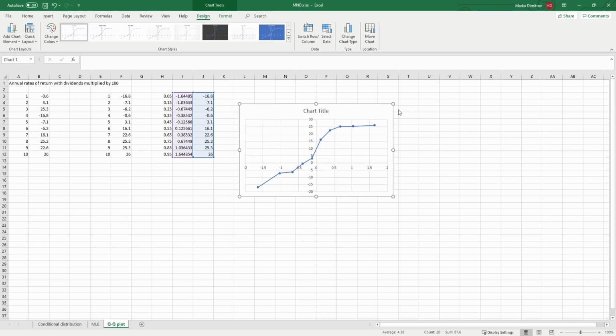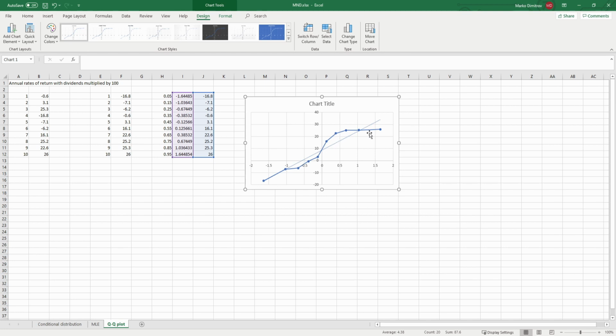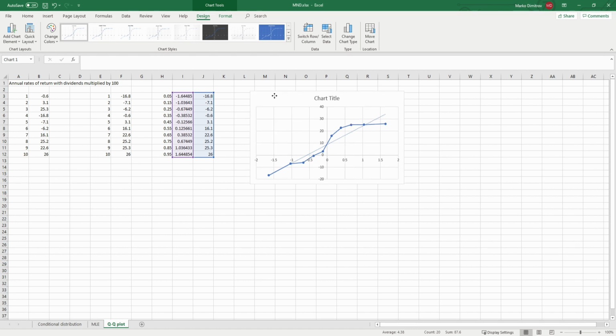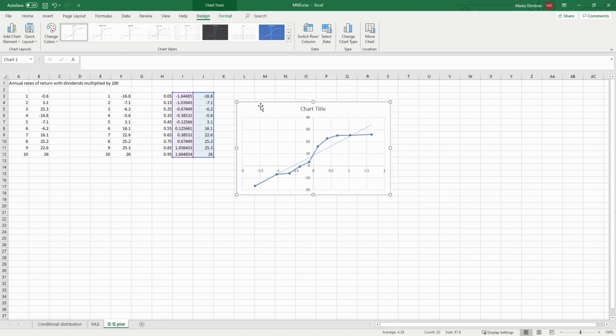We can always remove line or something, but what we need is the trend line. As we can see, it is not that straight from the QQ plot. So these values are our quantiles, and the y-axis would be our values, ordered values, just to mention that. And we cannot conclude that it has a normal distribution. However, our sample is fairly small, so it is only 10 observations. We would like at least more than 20, but even more than that to determine using the QQ